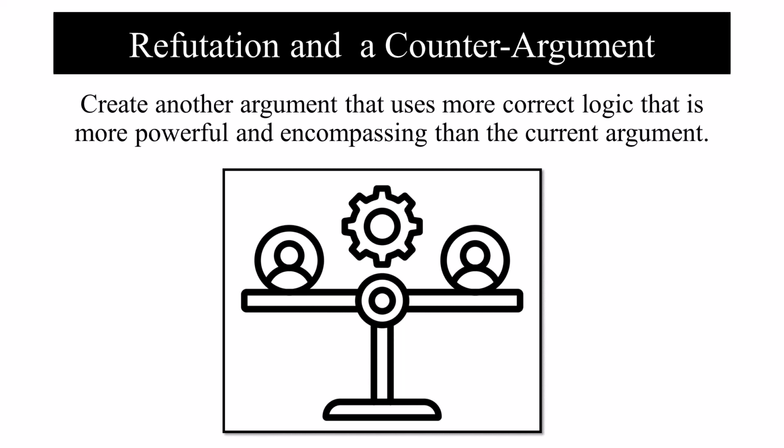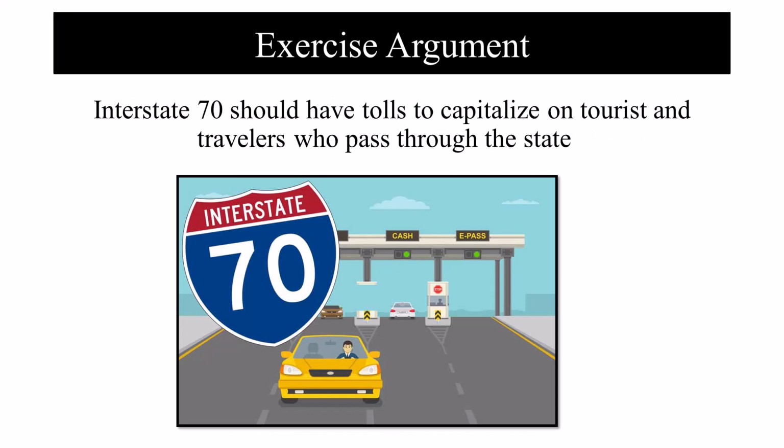Remember, your job in the argument is to demonstrate you have considered all sides and you've done thorough research. You also have demonstrated that you can be trustworthy because you have done your thorough research. And then demonstrate that your position is the best because you did do thorough research and that you can be trusted. The last exercise is an argument, and my stance would be that we should add tolls to Interstate